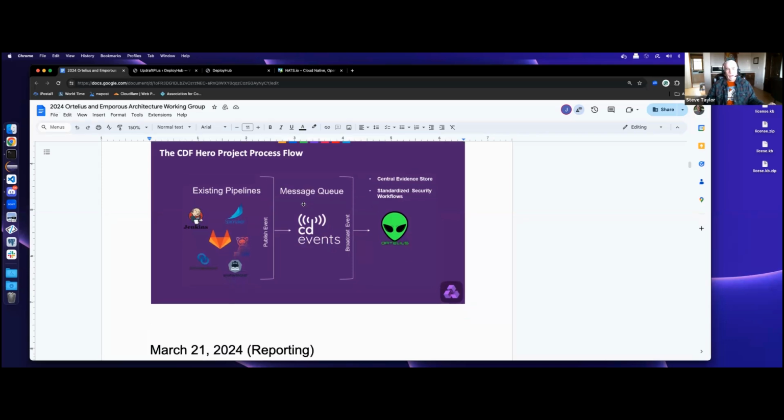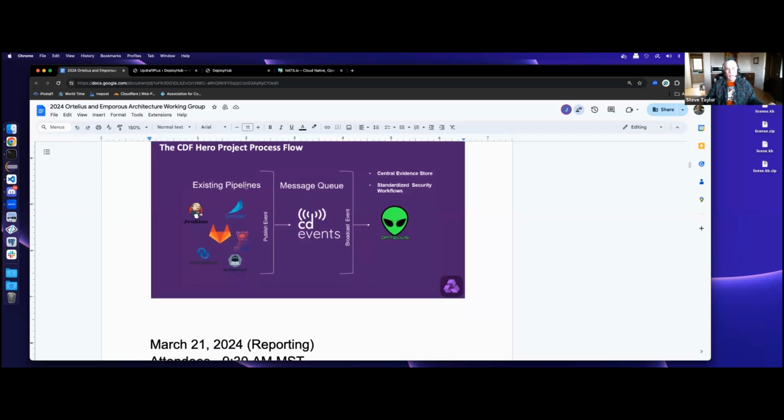The more difficult piece is on the left-hand side here, how we're going to handle the existing pipelines. Now, one of the things with Jenkins,